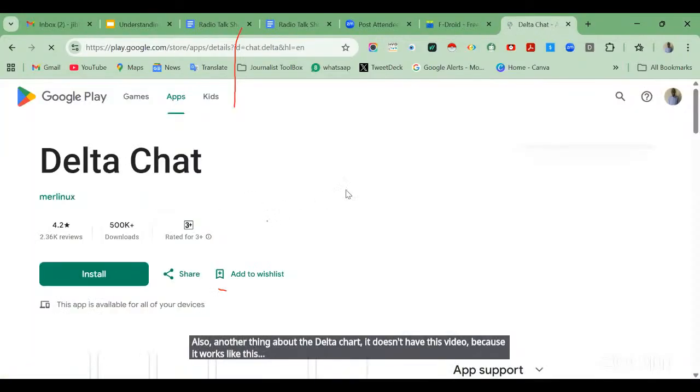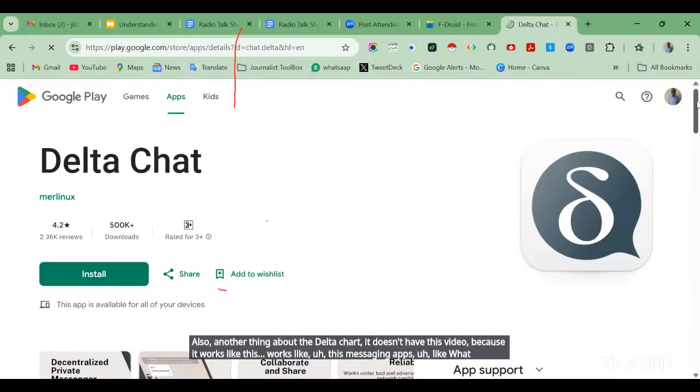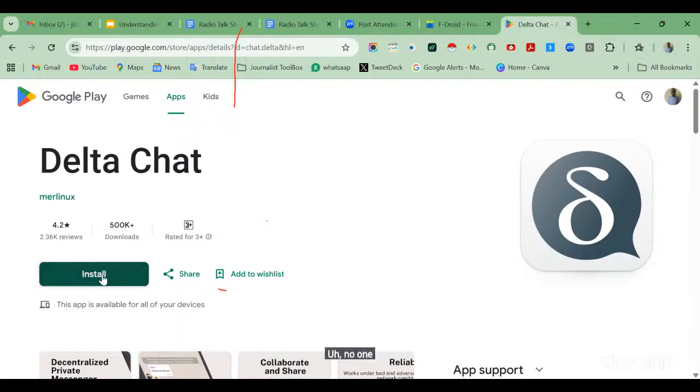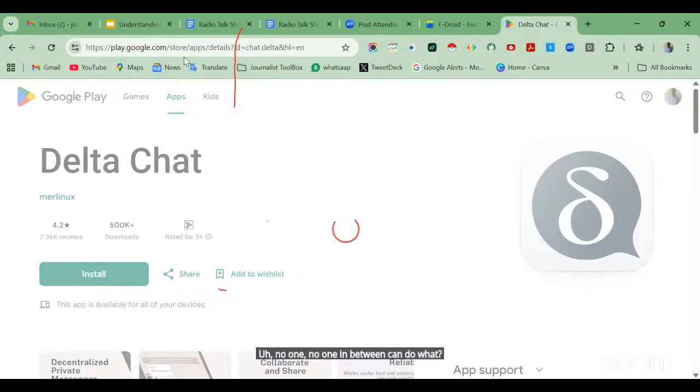It works like messaging apps, like WhatsApp. However, it doesn't have video and audio calls. So you can only use it to send messages, and it also encrypts messages automatically. By encrypting the message, that means no one in between can access or see the